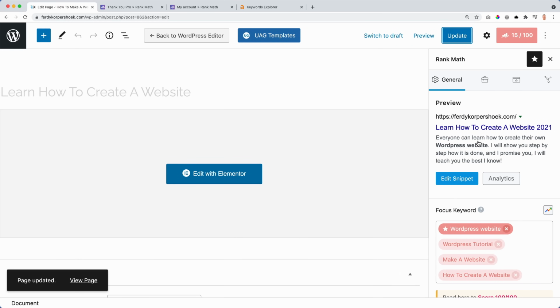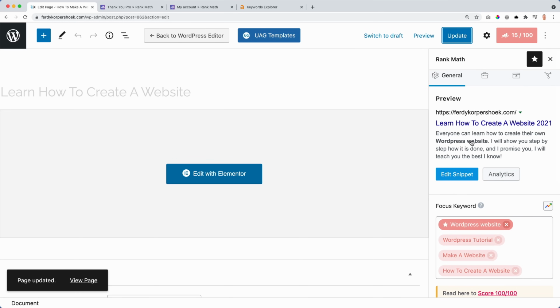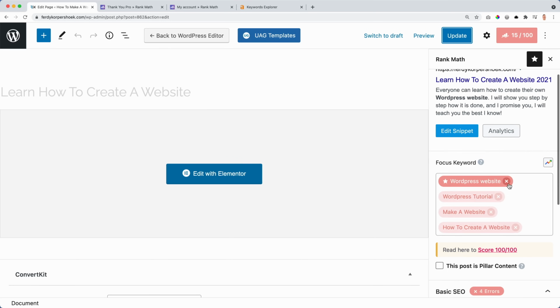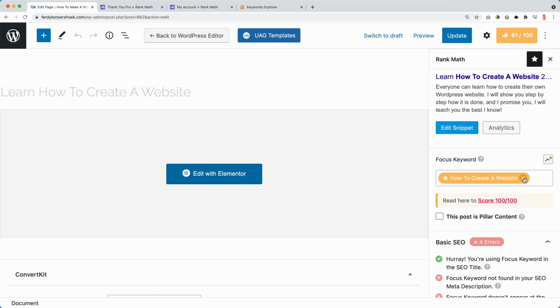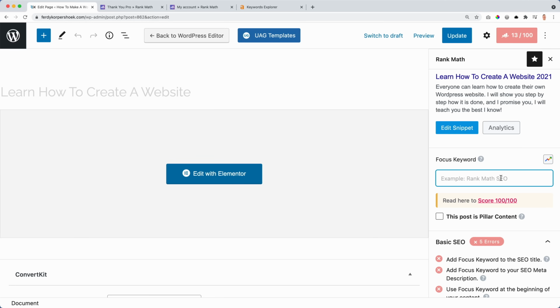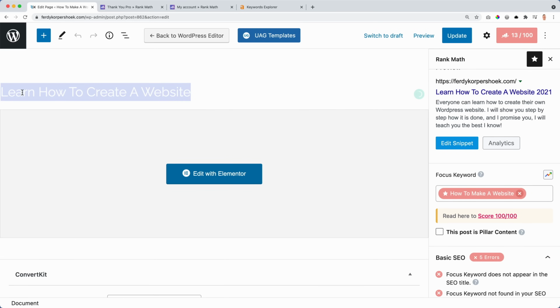And I'm definitely going to spend hours and hours fixing my website using Rank Math. So it's not like put a few things into practice and you're good to go. So I remove all those. That's what I've created a long time ago, I think. How to make a website. That's what I want to be found on. It does not appear in the SEO title. Here I say create. So now I say learn, or how to make a website, not learn.